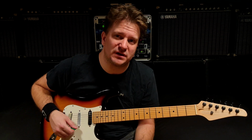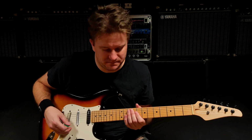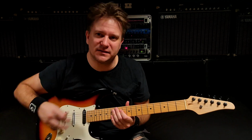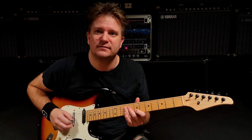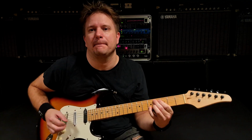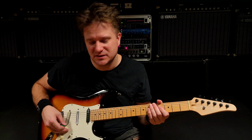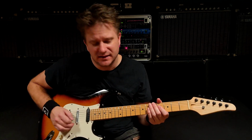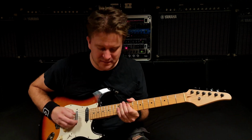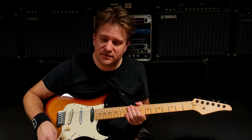A stock blues driver is very prone to getting fizzy when you kind of max out the gain. It's great for low gain. But it easily gets fizzy, especially with a pickup that has a little single coil quality. On the other hand, when you use a real humbucker in the bridge here,